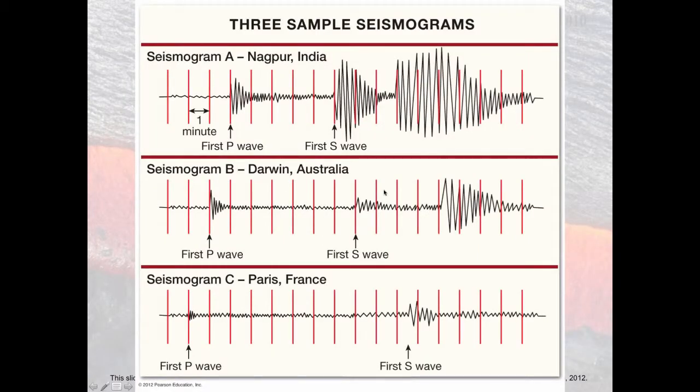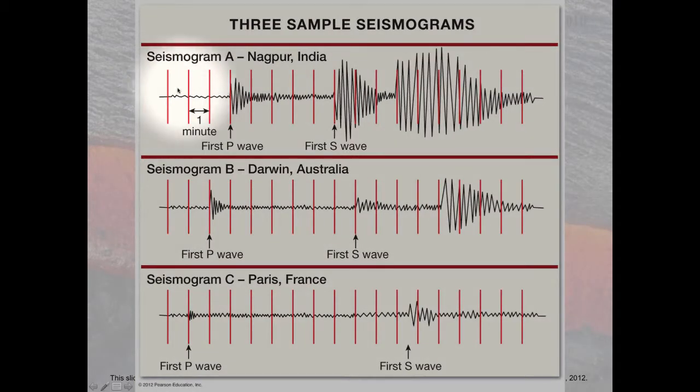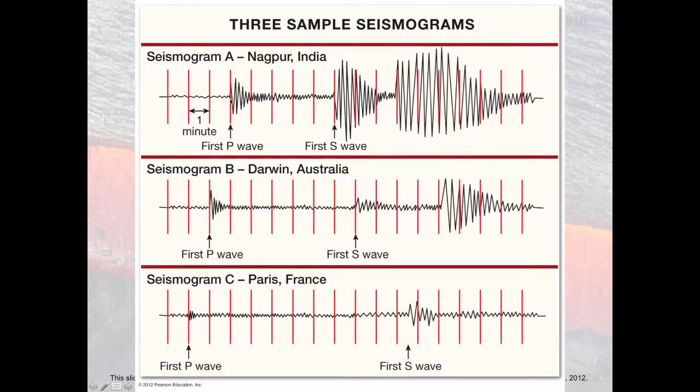These are 3 sample seismograms from the same event recorded on 3 different seismographs in different locations. Okay? Here we have a seismogram where the first P wave arrival is at, well, we'll start from this line, will be time 0. 1, 2, 3. P wave arrives at time marker 3 minutes in Nagpur, India, at 2 minutes in Darwin, Australia, and it looks like it's arriving at 1 minute in Paris, France. Although, I should caution you that what we're going to use this example for is not the absolute time at which they arrive, but the difference between the P and the S.